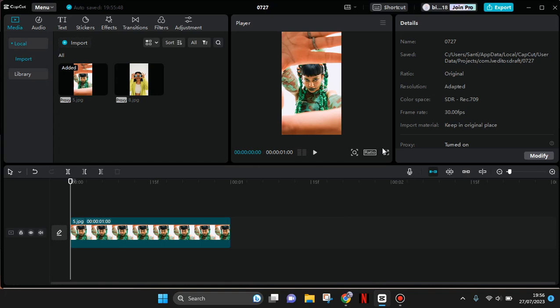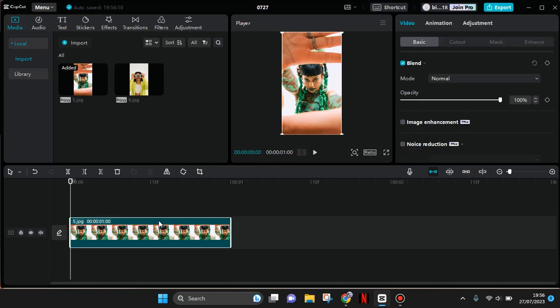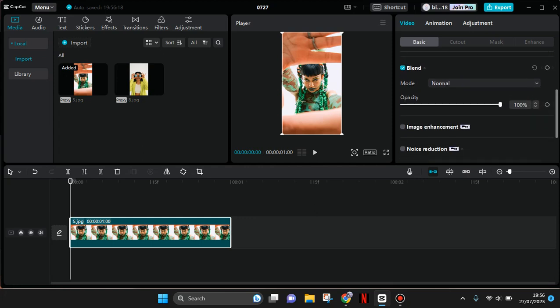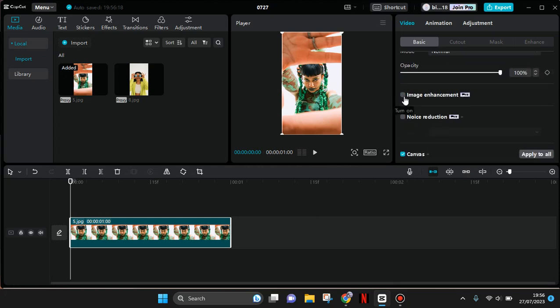On today's tutorial, I'm gonna show you how you can elevate your image quality in a CapCut PC. So in here, I've already added an image to my CapCut PC, and to improve the quality of this image, you can just click on the image that you added into CapCut, and under the basic tab in here, if you scroll down, you'll find there is an option to enable the image enhancement. So just click on this to turn on,